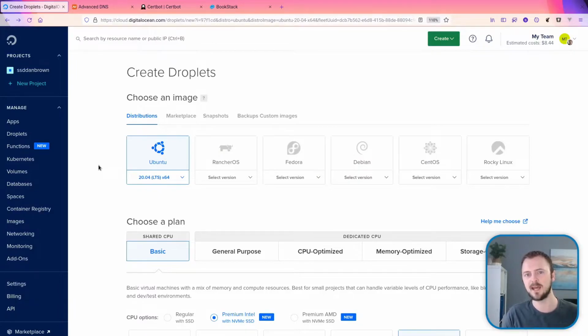Hi, my name's Dan, and in this video we're going to go through the full end-to-end process of installing BookStack on Ubuntu 22.04. There's a couple of things that I've done ahead of time that won't be shown within this video. One of those is that I've purchased a domain name, which I'm going to use for my BookStack setup. And I'm going to set this up on wiki.bookstackapp.com, and that's going to be the URL of my BookStack instance I'm going to set up,